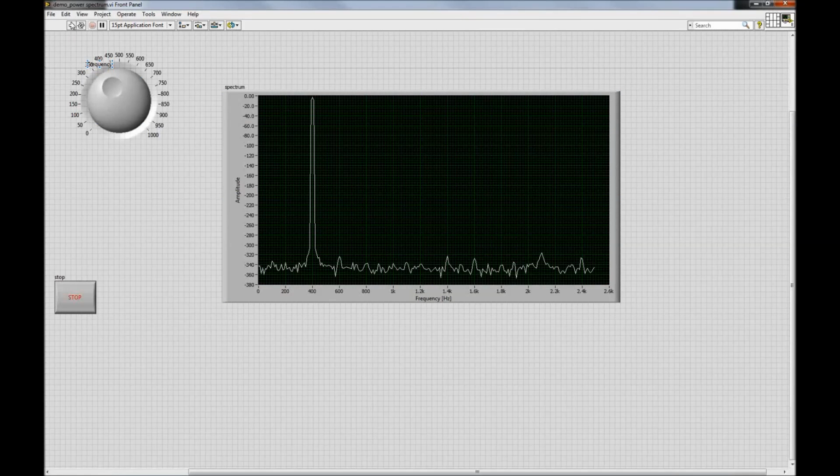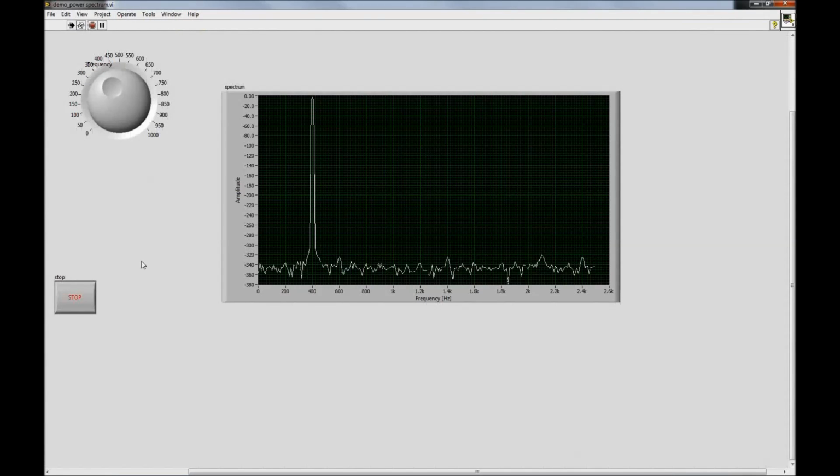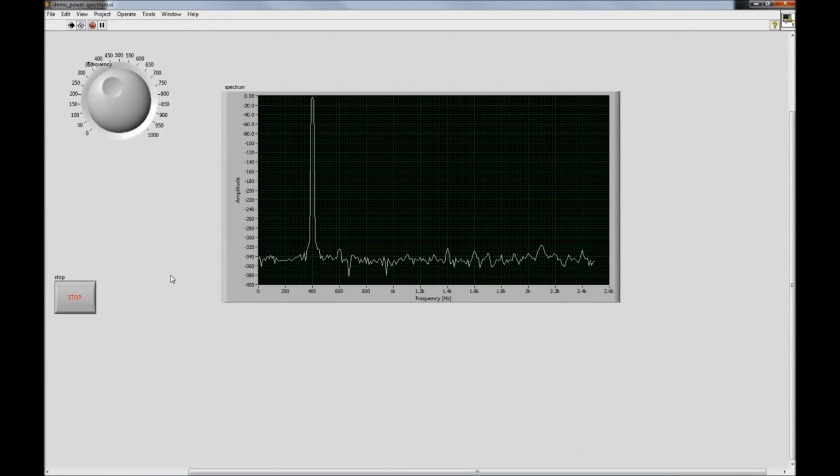So I've currently put it to around 350 Hertz. Okay, around 400 Hertz. So I see a peak at 400, right? Currently the signal that I have is a sinusoidal signal, hence you see a peak at that frequency. Change it accordingly, and the peak changes. But now let's say if I change,